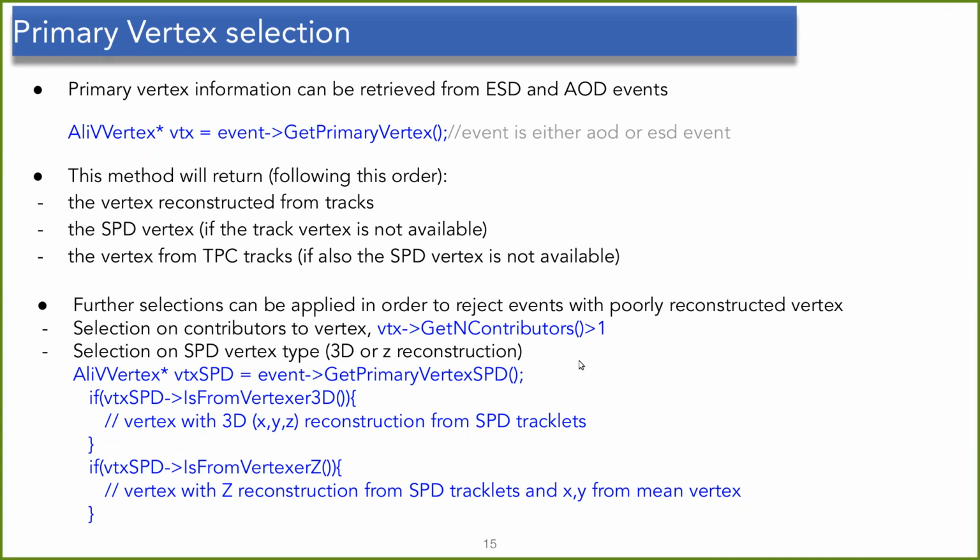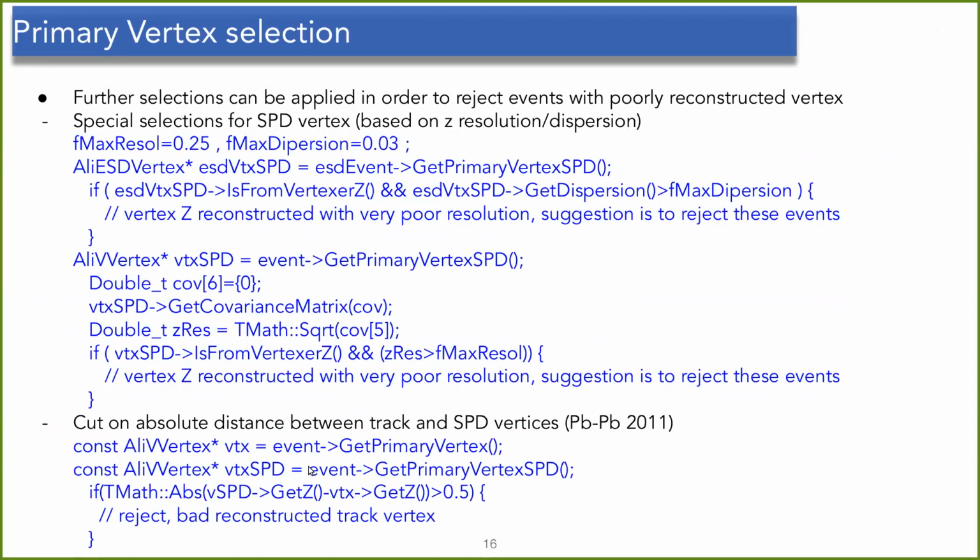Now you can also put additional conditions on this vertex using SPD. You can check if the vertex is reconstructed in 3D using the SPD tracklets, or if it is reconstructed in Z using the SPD tracklets, and all those things. There are also some other additional criteria, so I will not go through those. I will just briefly say what they are, and the implementation you can find here. You just put it in the user execution of your analysis task